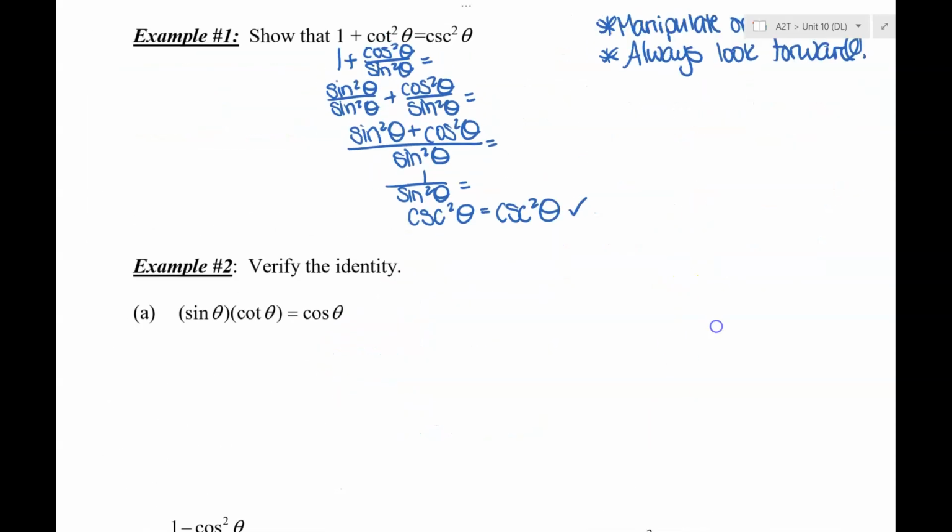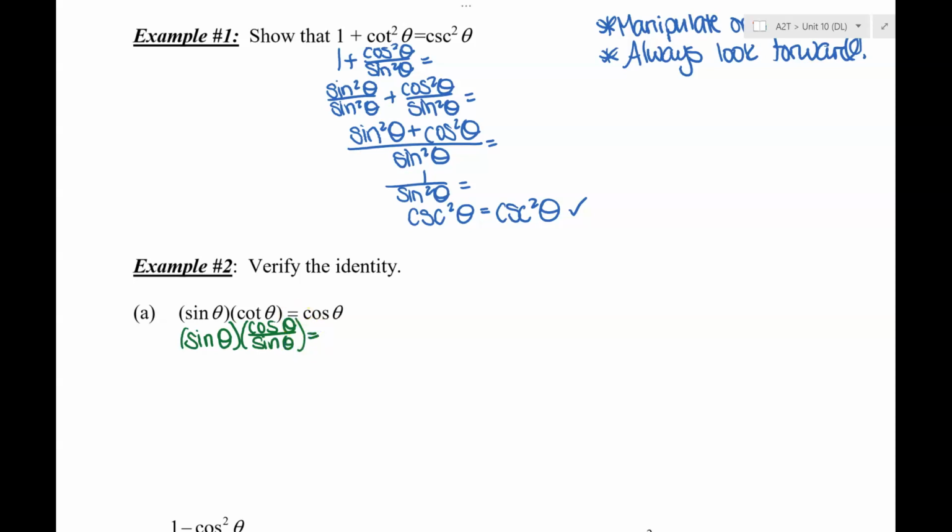Take a look at A. I have sine theta times cotangent theta is equal to cosine of theta. Well, the left-hand side has a lot more for me to work on. I can't change sine. Well, I could change it to its reciprocal, but that just seems silly. And then I could change cotangent to be cosine of theta over sine theta, because that is one of the